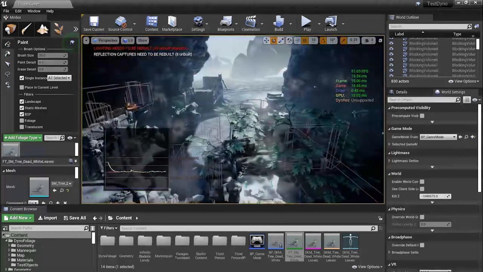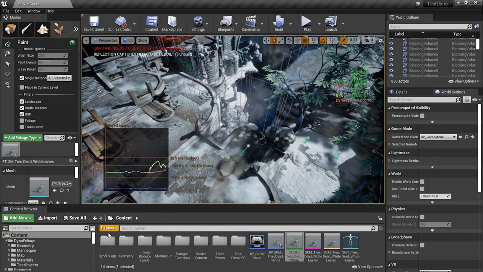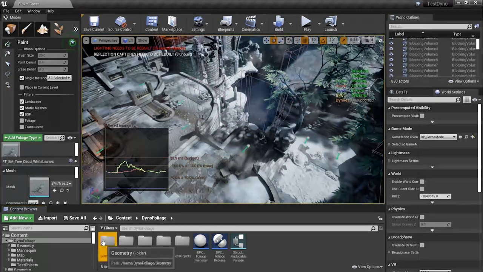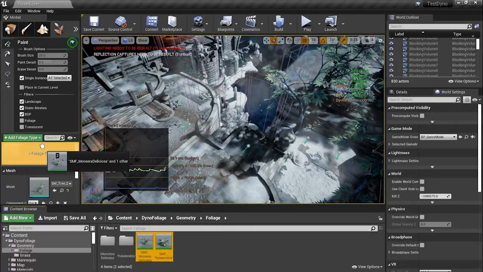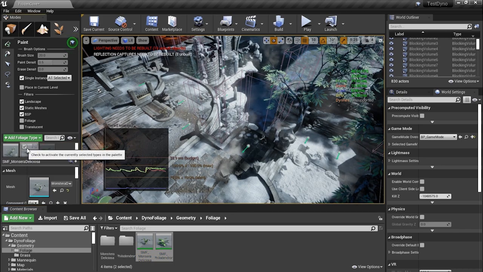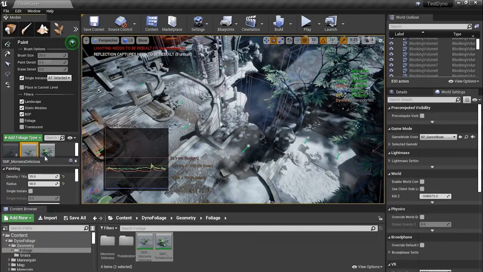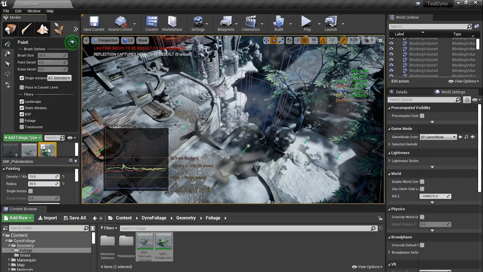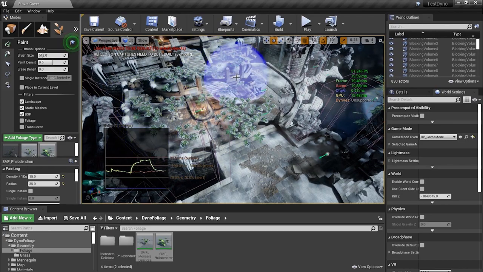And then we're going to add the other foliages. You'll find those under geometry foliage right here. Just select them both, drag them to the foliage type, click on them like that. As I said earlier, maybe set the radius if it's not already set to something. And then I'll remove single instance mode, and whatever the settings for it are, I'm going to just lay it thick on the level, and